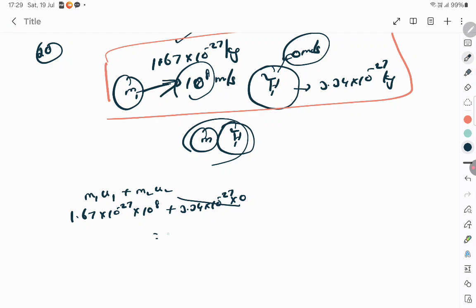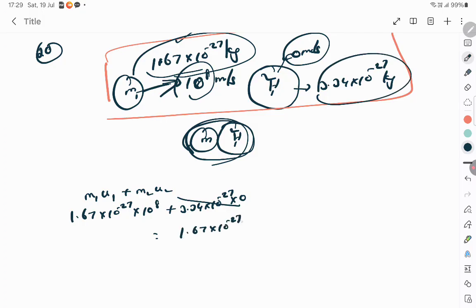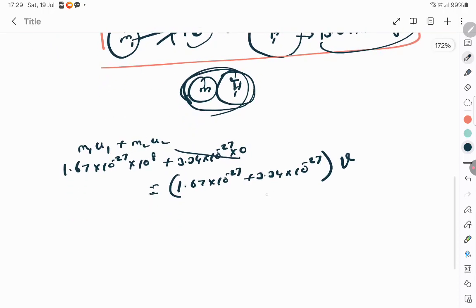The final momentum has got both the masses together, which is m1 plus m2, the mass of this and the mass of this together, which is 1.67 into 10 to the power minus 27 plus 3.34 into 10 to the power minus 27, because both of them are moving together with an unknown velocity v. You don't know that, so you're going to find this. You just add these two. In this, 10 to the power minus 27 is common. You can add this and this, and you get 5.01 into 10 to the power minus 27, into v